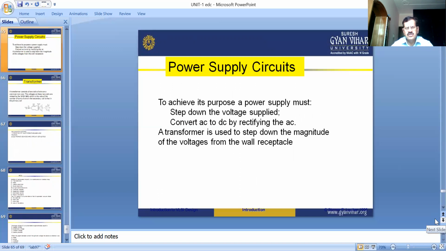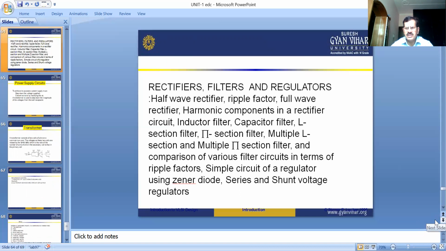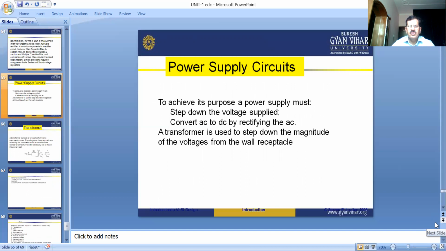we design a rectifier. Some parameters have to be familiar. What is the power supply? What is the requirement of filters, and what requirements of regulators? So power supply circuit. First of all, we know about the power supply circuit. To achieve its purpose, a power supply must step down the voltage supplied,